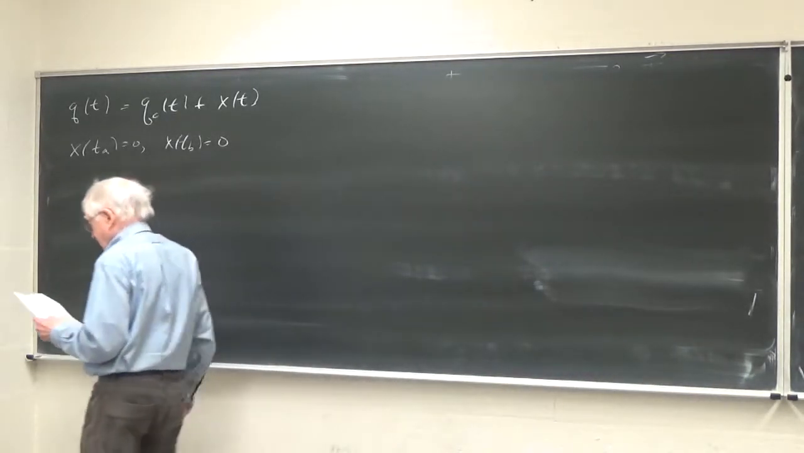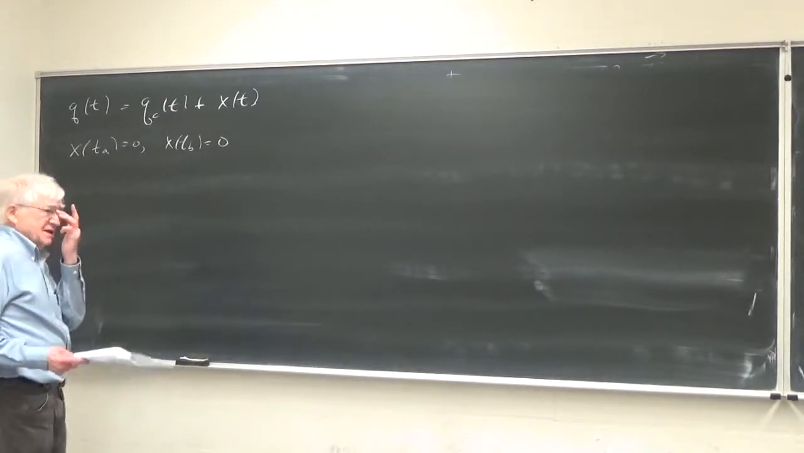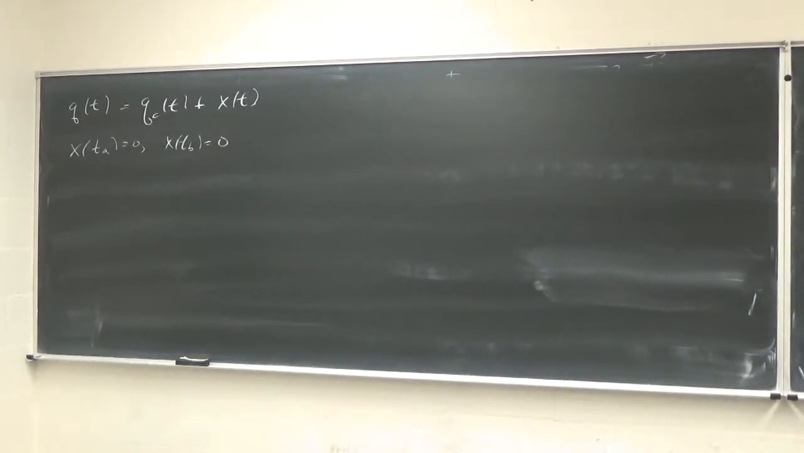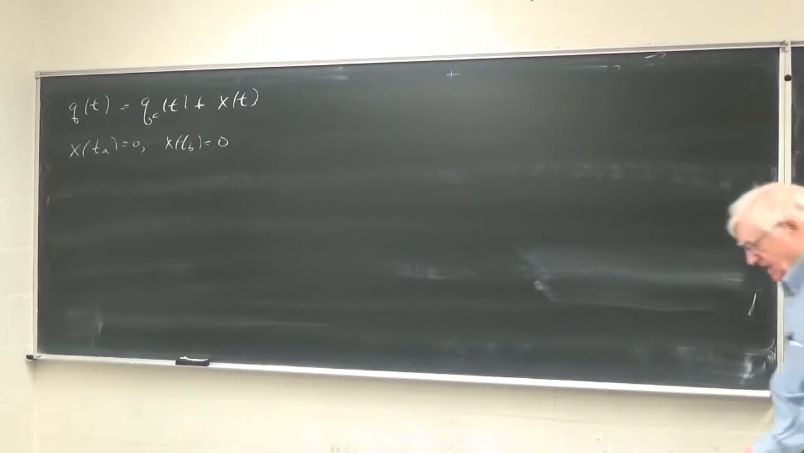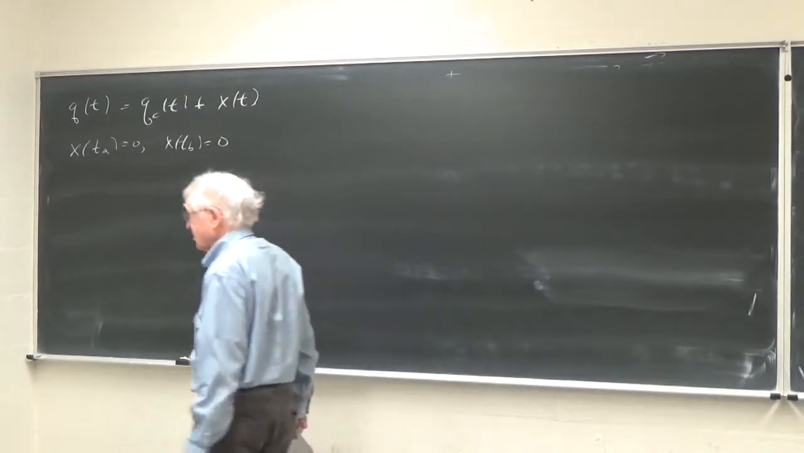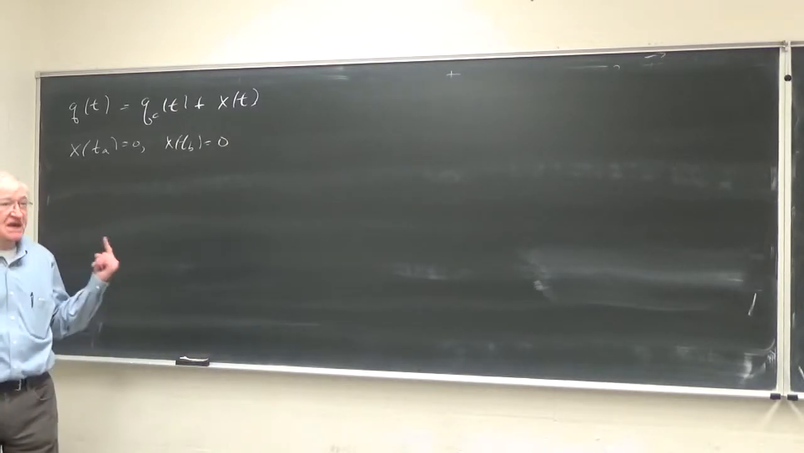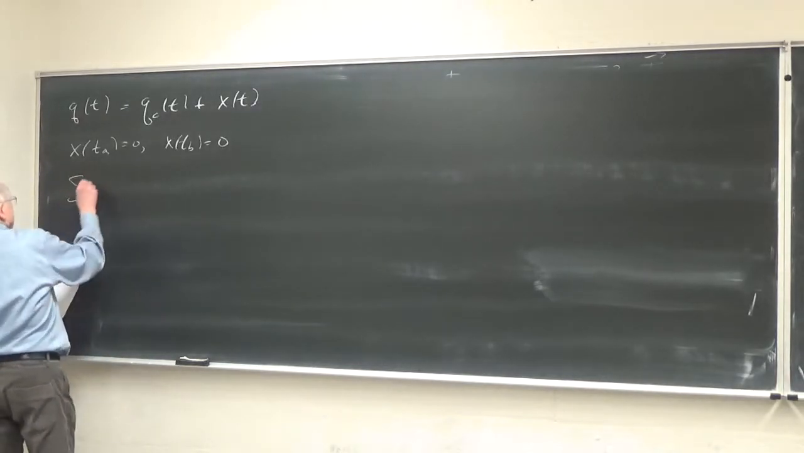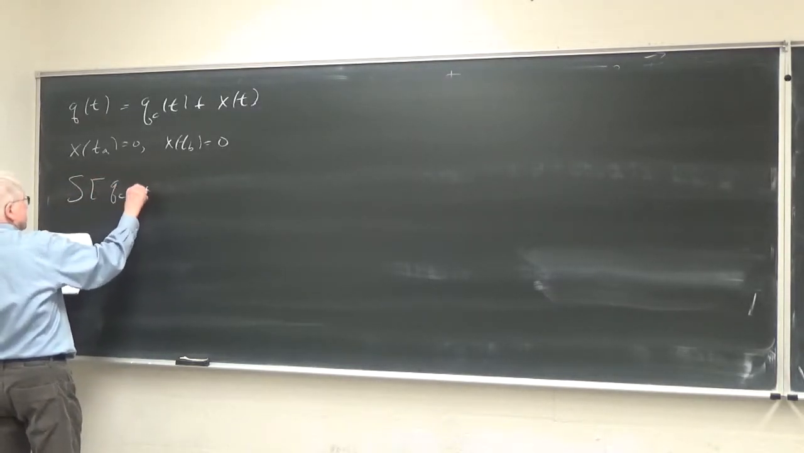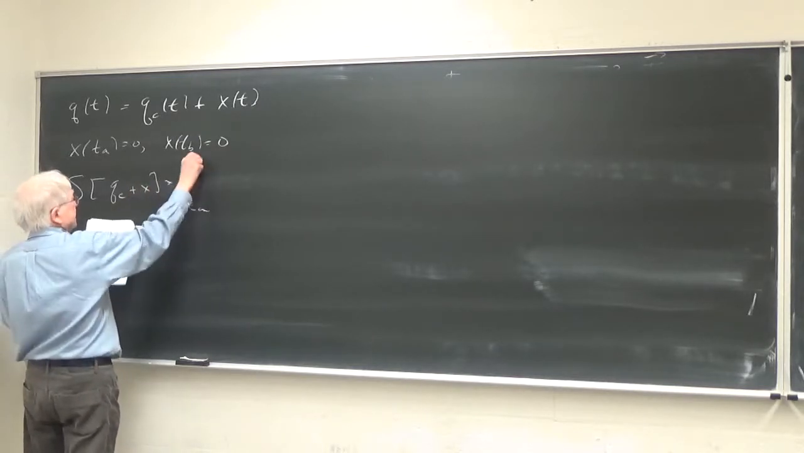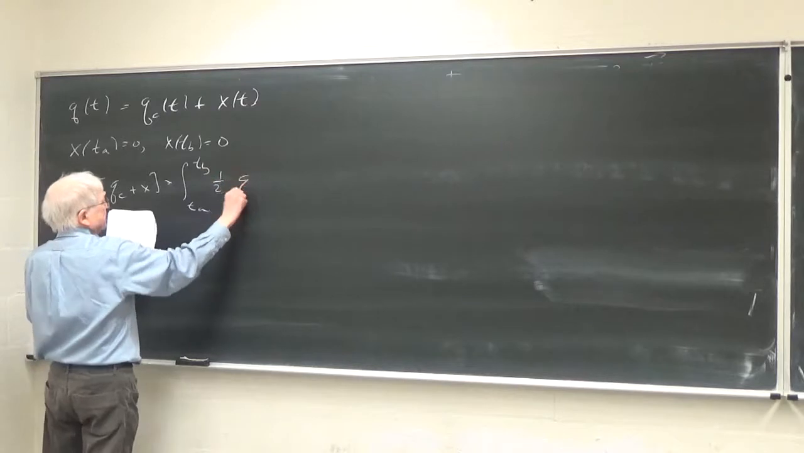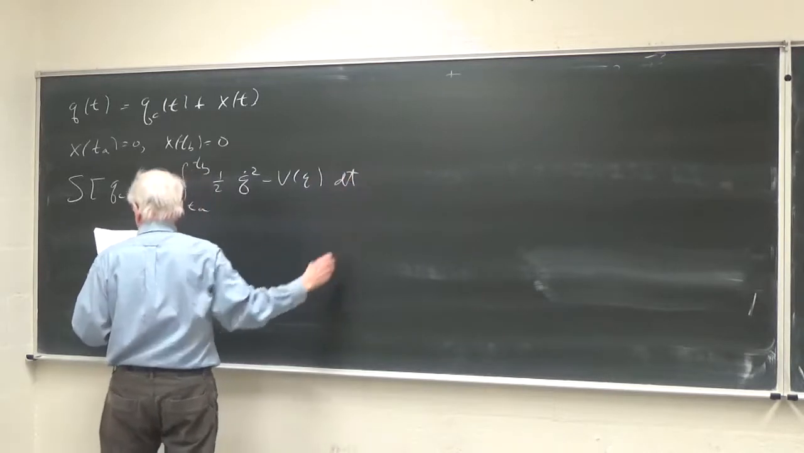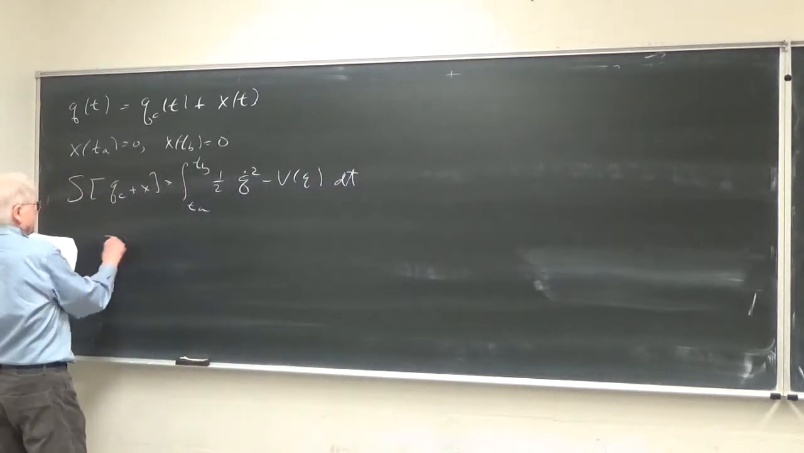And I'm continuing to assume, of course, that the Lagrangian is quadratic in the time derivatives, but also now I'm assuming that the potential is quadratic in the coordinates. And so this action S of q_c plus x is going to be an integral from t_a to t_b of a half m q dot squared minus V of q dt, and we're going to be able to expand that,